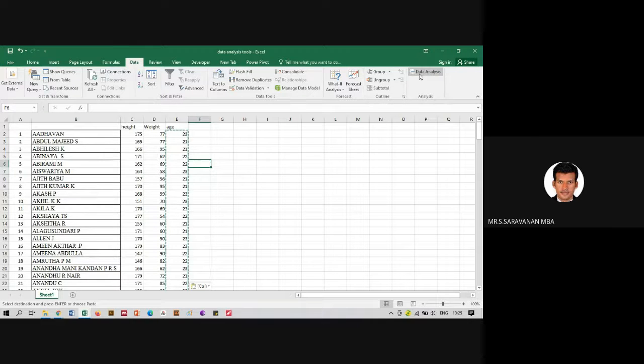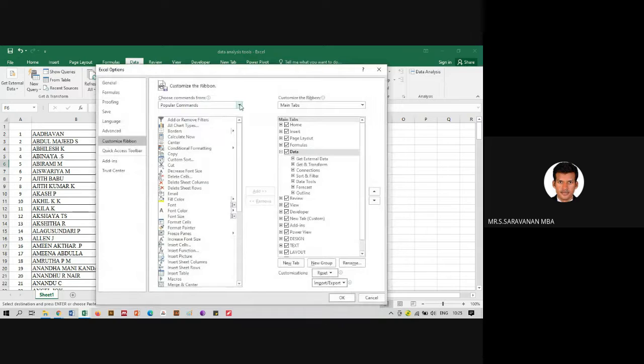Okay, there is Data Analysis, it will be available in the Data tab. If it is not available, right click, customize ribbon. Here you can go and change it.